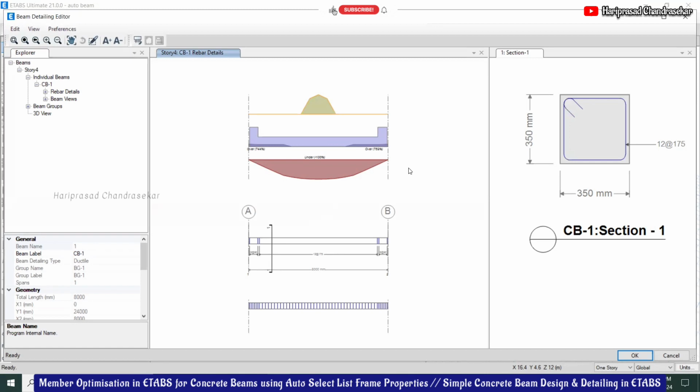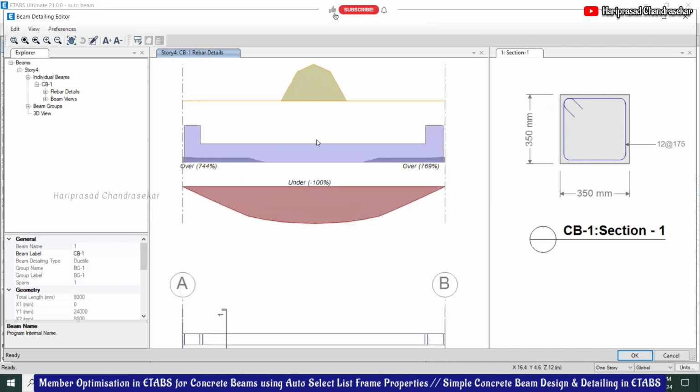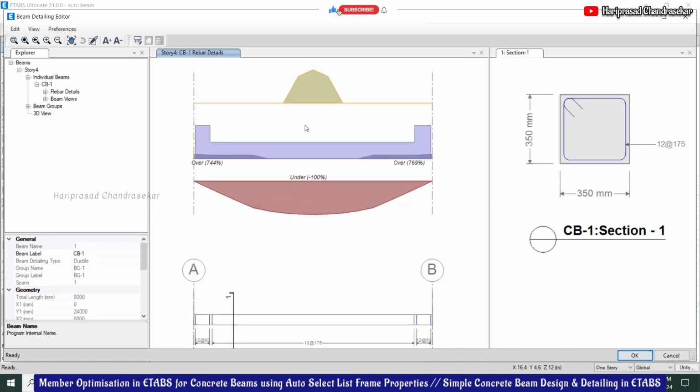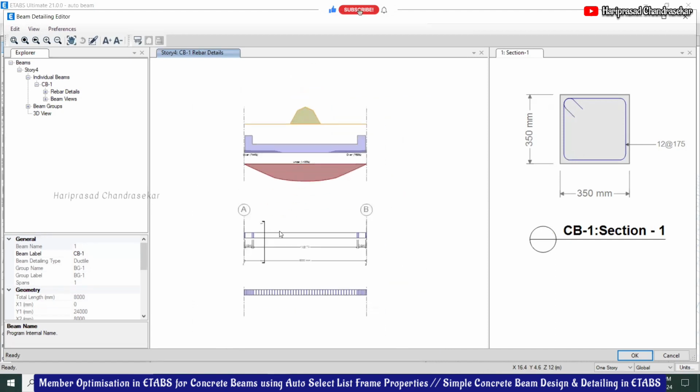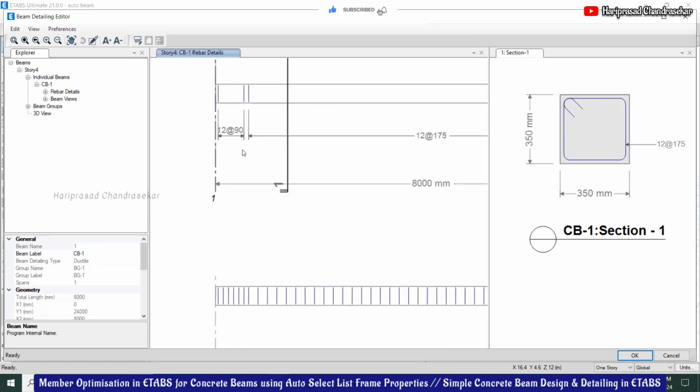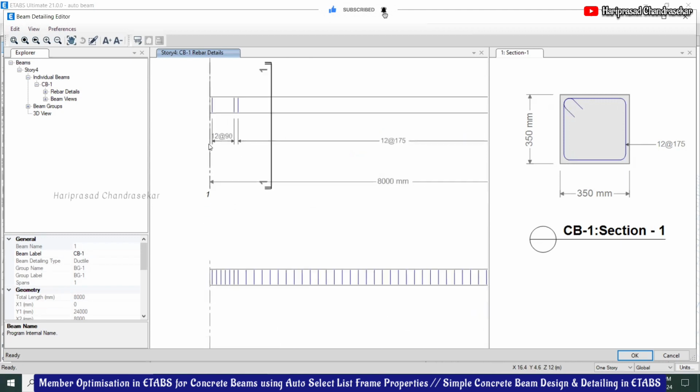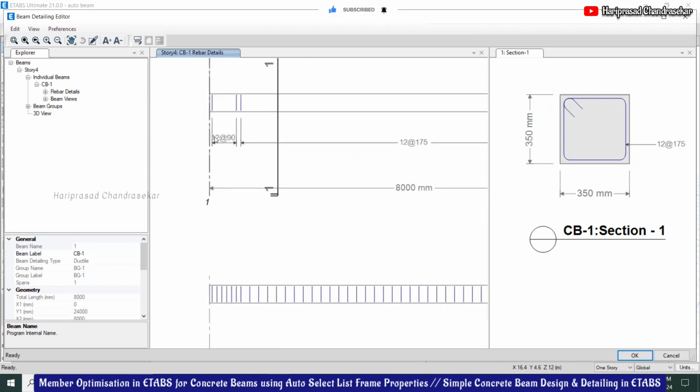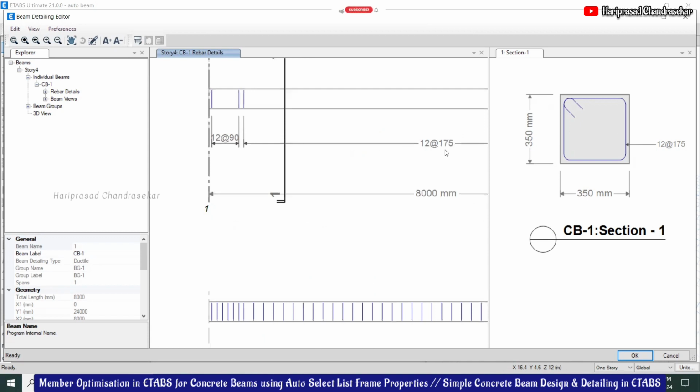So you can see that clearly. You can see the cross section and you can see the stirrups. Stirrups 12 mm bar at 175 mm center to center. And you can see here the values. Here it is center to center of 90 and then here 175.